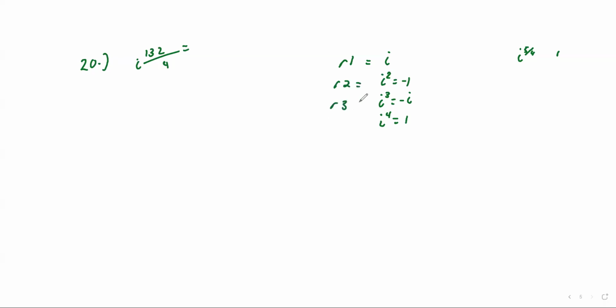If it has a remainder of 3, the answer is negative I. And then if it has 0 remainder, meaning it went into it evenly, so it's a 4, the answer is